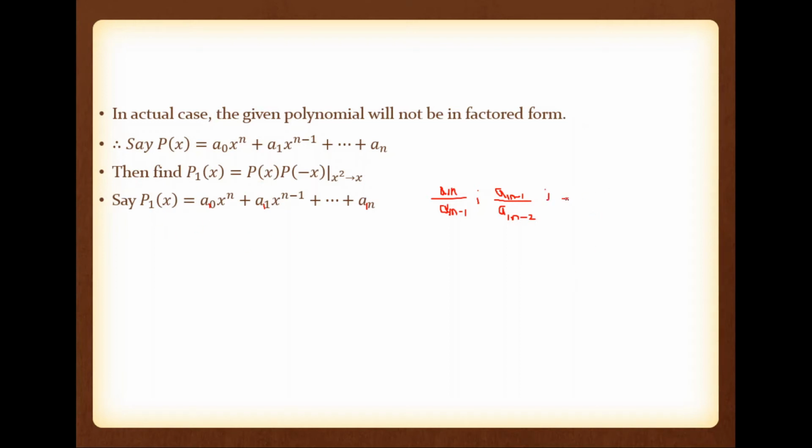Now etc. The last root is a11, that is second coefficient, divided by a10. So this one is a root of p1. So what about the root of p? Take the square root, because I told you the root of p1 is a square of root of p. So what about the root of p from p1? Take the square root. So this is the root of p.